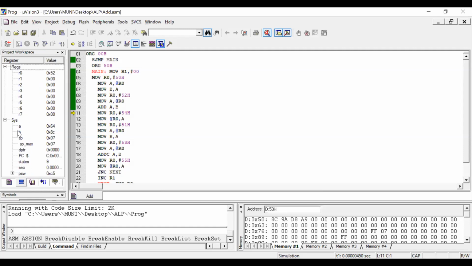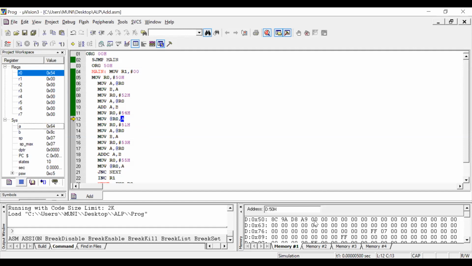And next, this lower order must be loaded into location 54H. Locations 54, 55, 56, these three locations are reserved for the result. 54 holds the lower order. So MOV R0, #54H indicates that after completion of this instruction, the lower order result memory location 54H is copied into R0. Execute that line, so here we expect R0 equal to 54H. Then what's the value available in the accumulator A? The previous result lower order is 64. That 64 is copied into memory location 54.